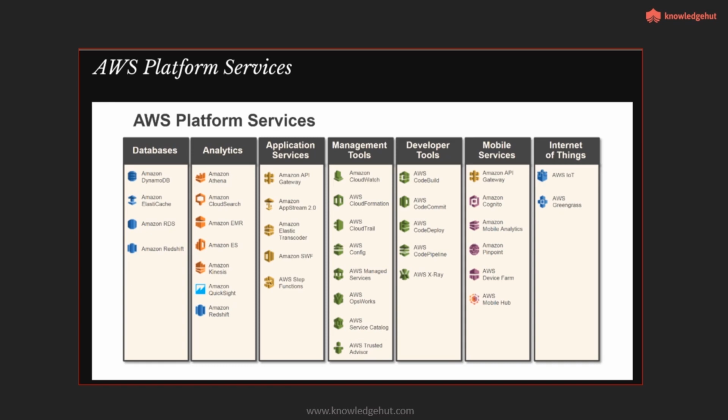I mean, the list goes on and on. In fact, what I've covered here in this slide is just very few of those. There are more than 1,000 services, and every month, I would say, they launch at least one service at a time, and this sometimes becomes very difficult to keep up with. But it's still growing.